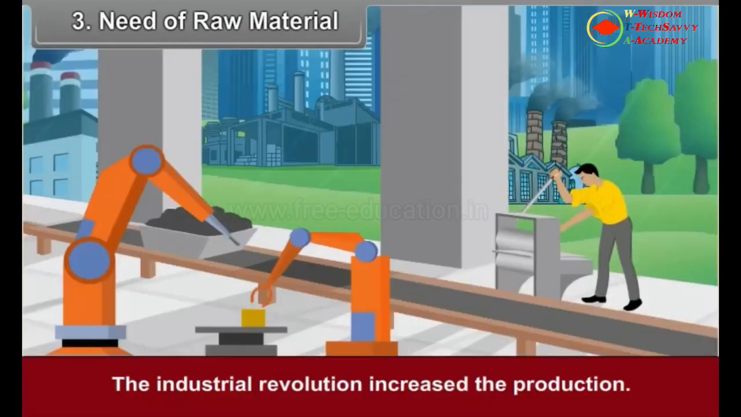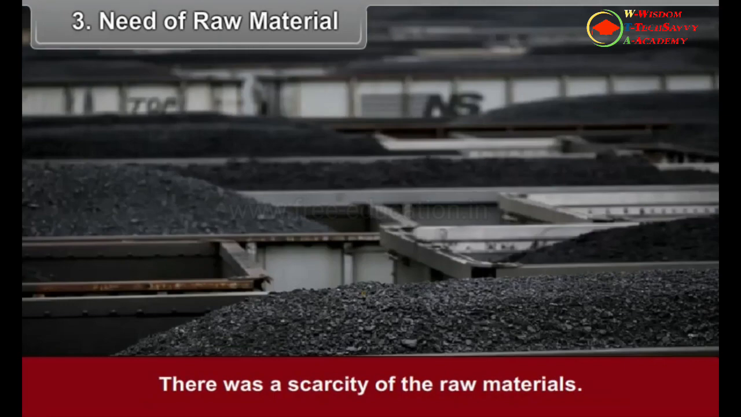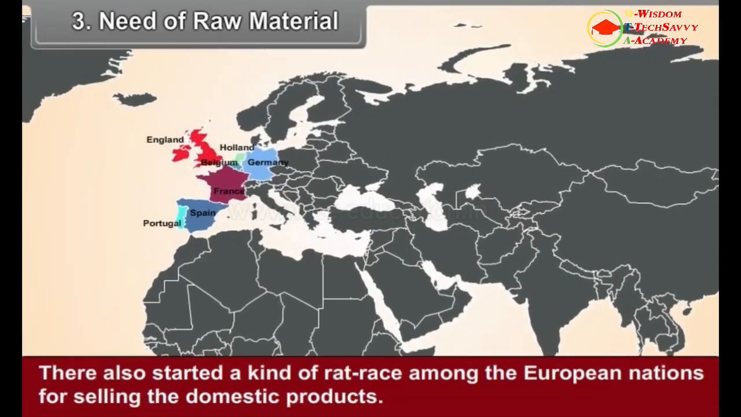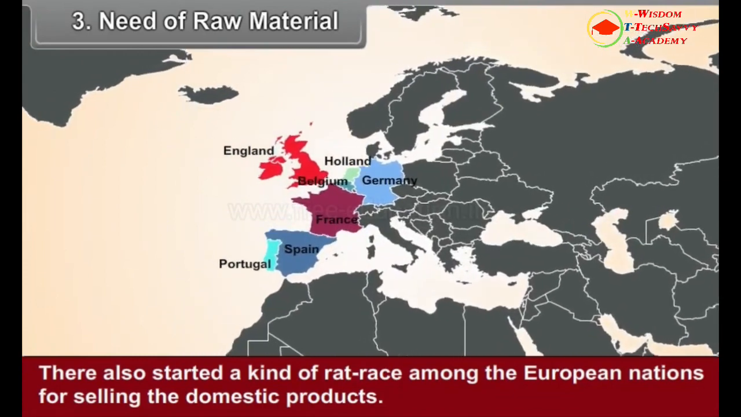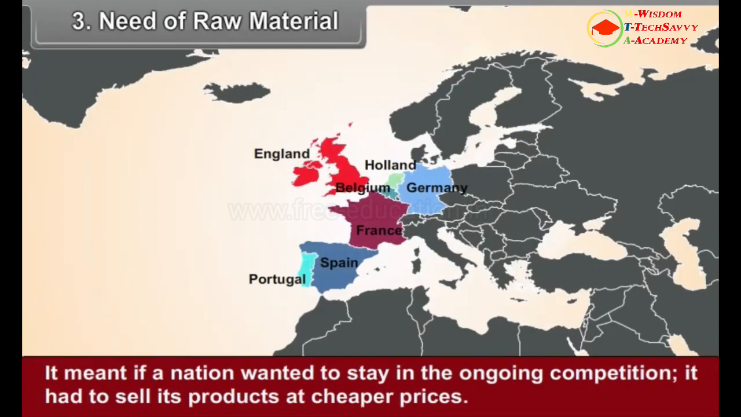Third, need of raw material. The Industrial Revolution increased the production. There was a scarcity of raw materials. There also started a kind of rat race among the European nations for selling the domestic products. It meant if a nation wanted to stay in the ongoing competition, it had to sell its products at cheaper